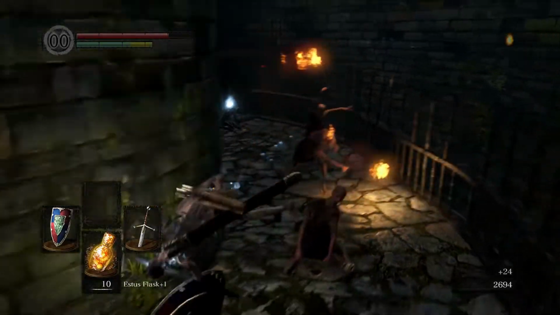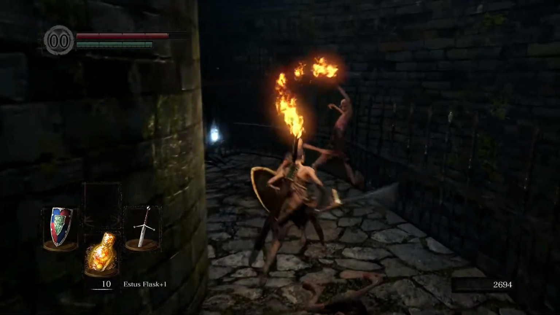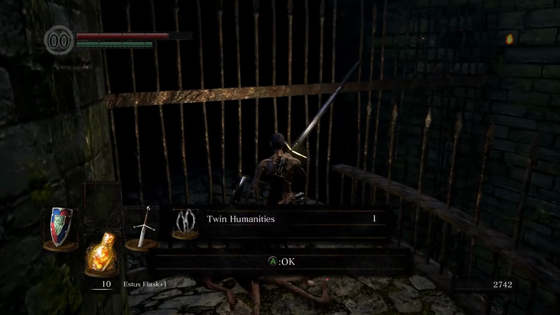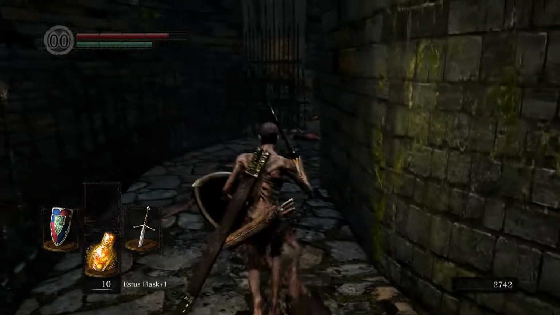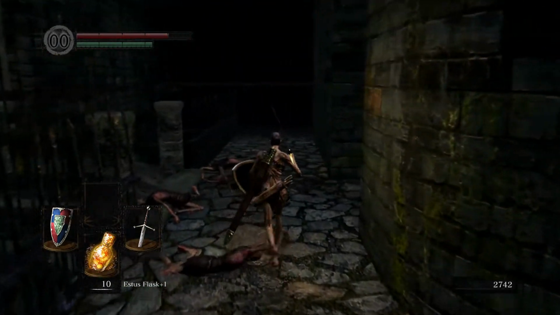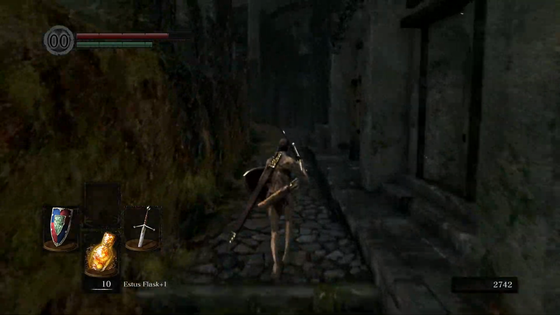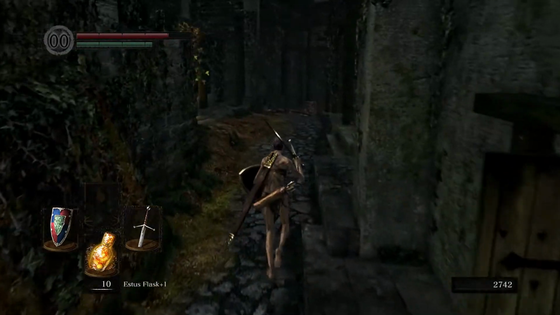However, right now they're not... There he was. The one in the back did it. Pretty much it goes hit, hit, hit, hit, hit, hit. It does a lot of damage. Twin Humanities, that's going to let us get 2 Humanities in our counter. It's pretty dang good, and that's pretty much the only reason we came over this way, besides saving our boy from the